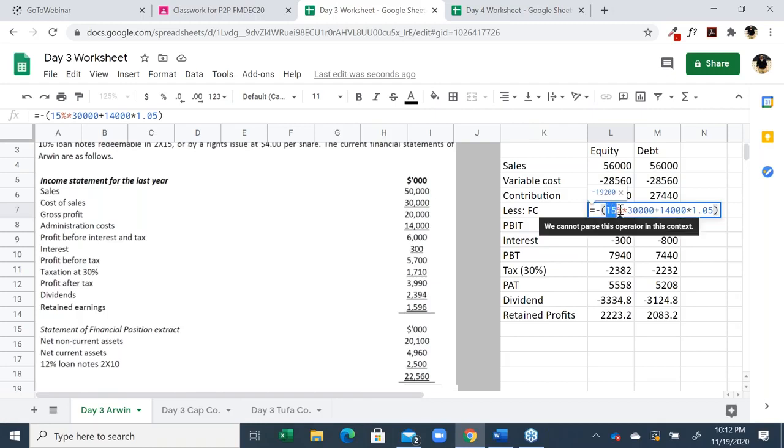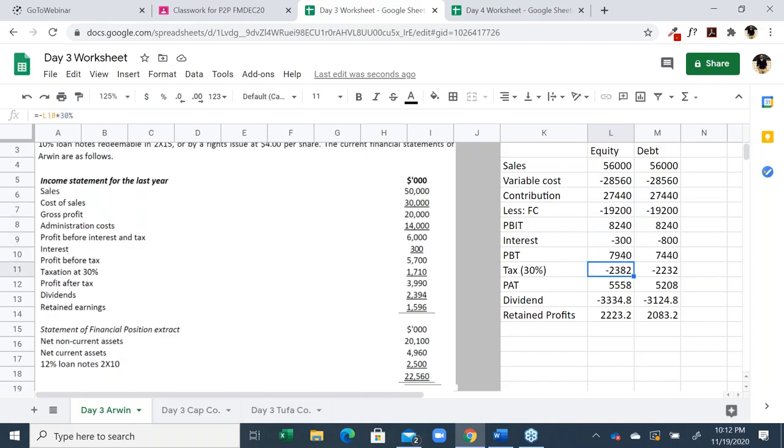Fixed cost is 15% of the cost of sale, fixed cost of sale, which is 30,000, 15% of 30,000. And the existing administration cost is 14,000, and the question says it will increase by 5%. Okay, now